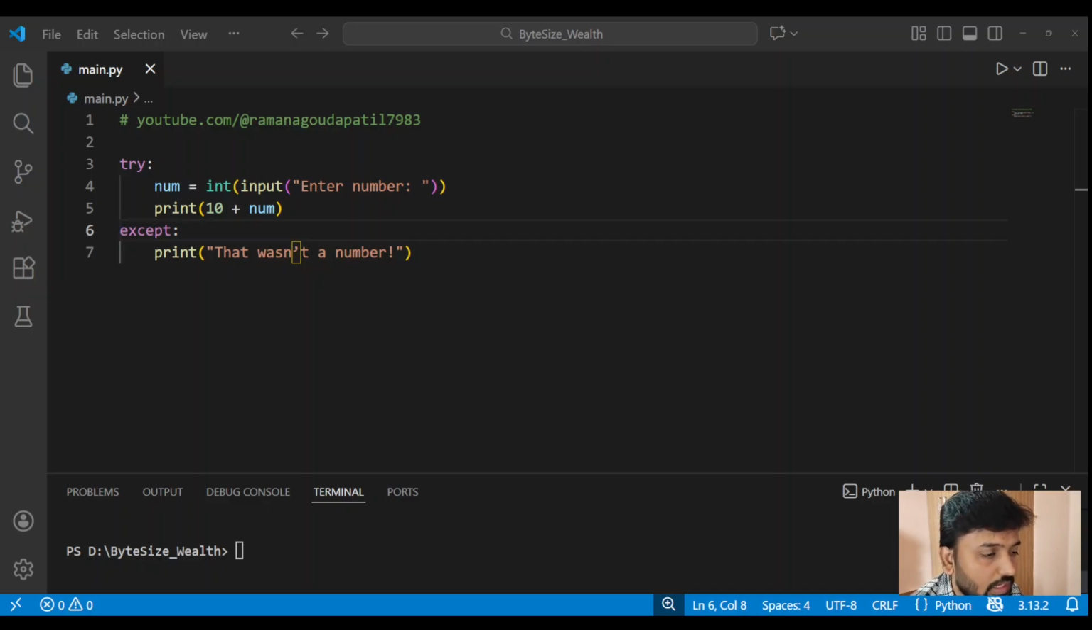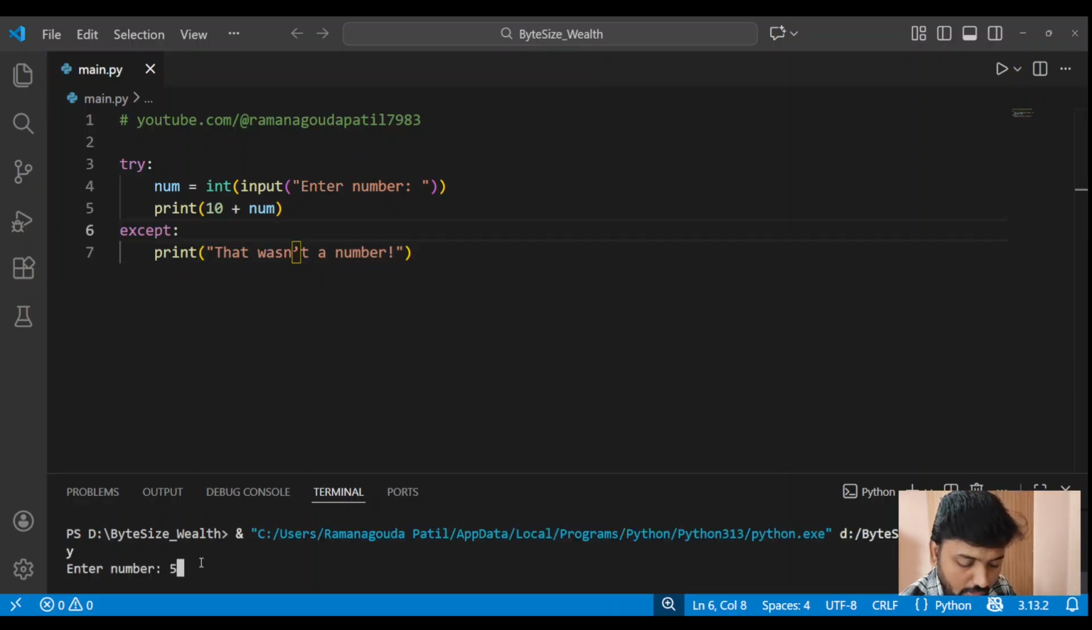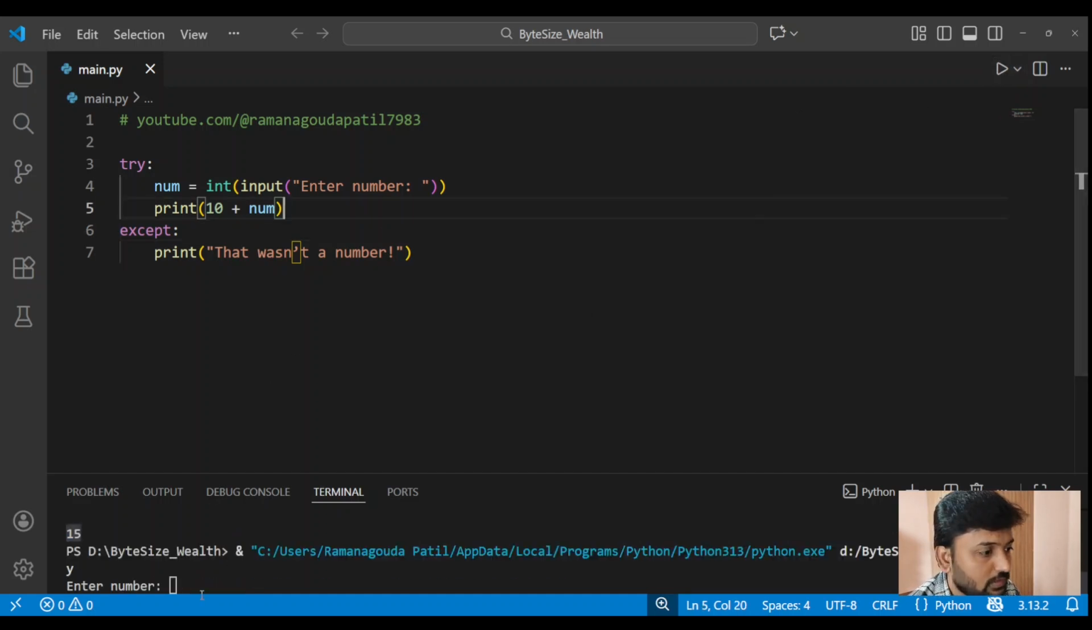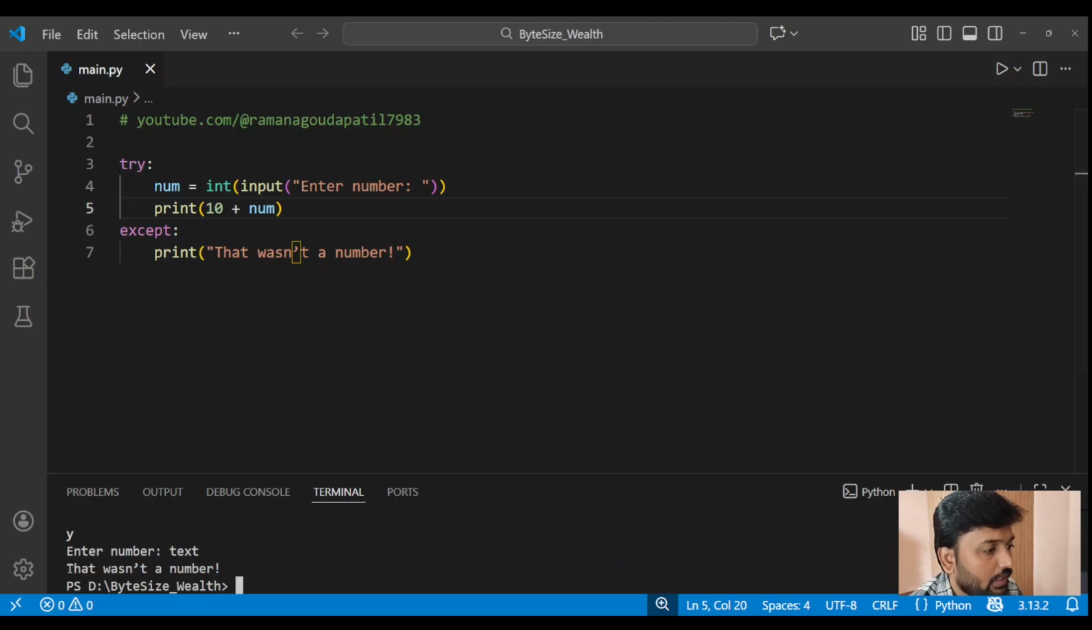Whereas, if anything other than an integer value has been provided here, it will raise an exception. And to give the user or developer proper information, we are providing a customized message, that was not a number, so that it's easier for the developer to debug it. Let me run this code. Now I have provided 5, so it has given 15. And now we'll test the edge case scenario, that is providing a string value. It has printed that was not a number,